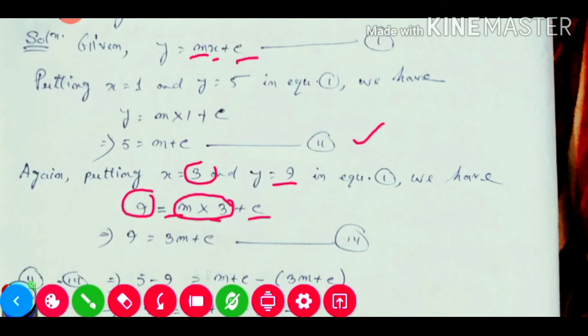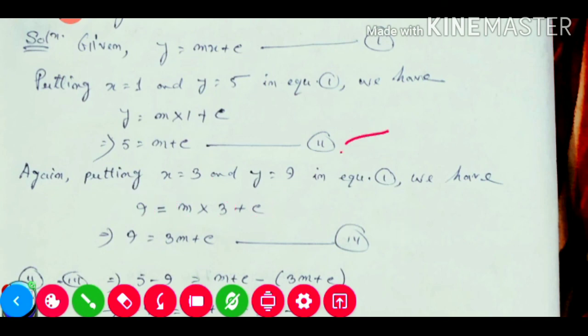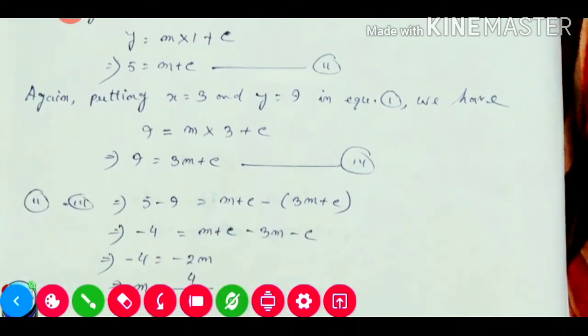So this one is equation number 2 and this one is equation number 3. So we'll see now equation number 2 and 3, this one and this one. Is anything equal? M is 3m, and c is common. Both signs are equal, that means subtraction. This c is plus c, this one also plus c, and the coefficient is 1. The sign is also the same, plus plus. So we'll do minus, 2 minus 3.